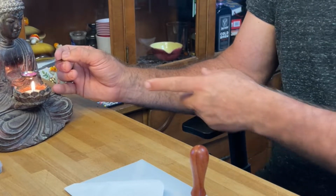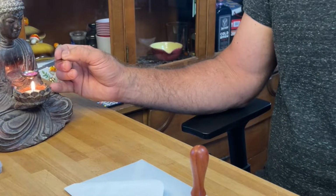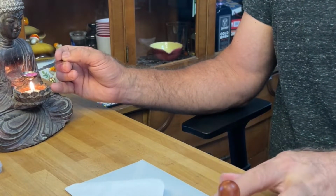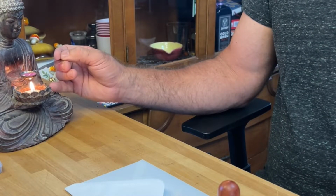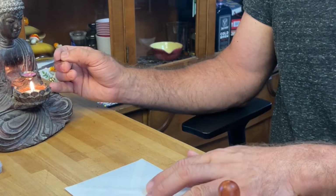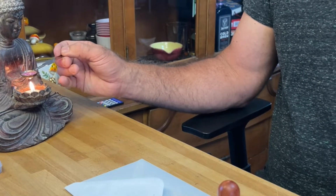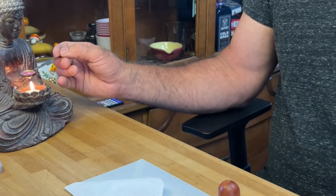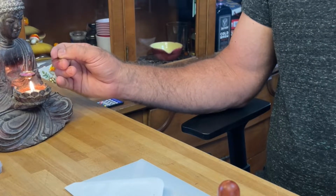I love this Buddha. Bought him in San Francisco, I think, in an antique store years ago, and I never used him until now. But what a great blessing! I feel like the Buddha's blessing my letters to these people. I think that waxing letters is an old-time thing. Now, you cannot mail these letters with the wax on them. You have to get a special envelope to put them in because they won't go through the machine. I was told that by the post person, and I'm mailing the girl's card today. She works a lot, so